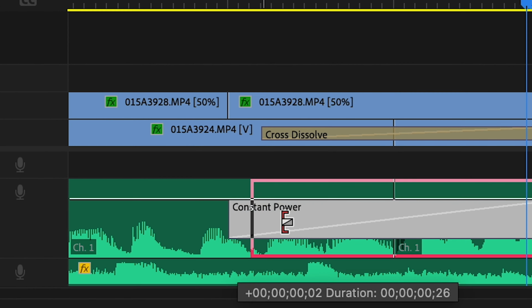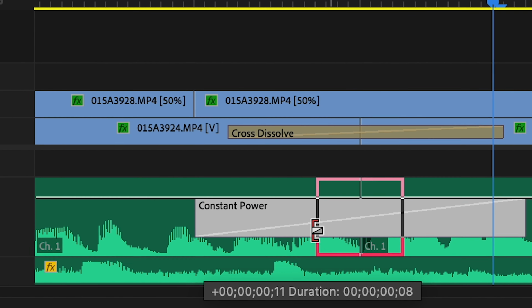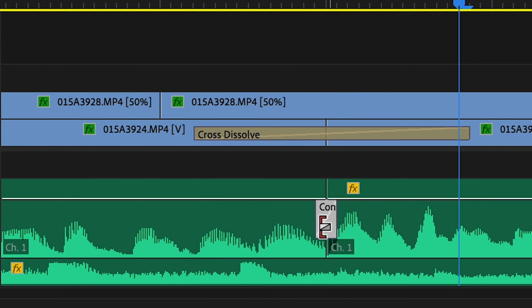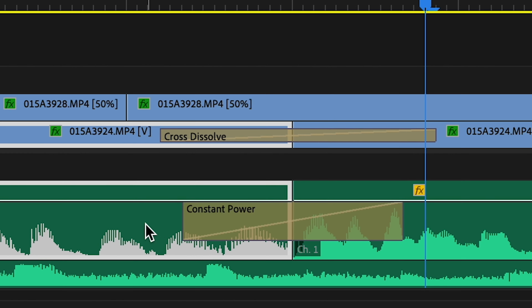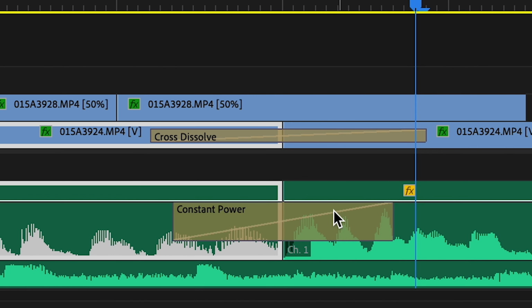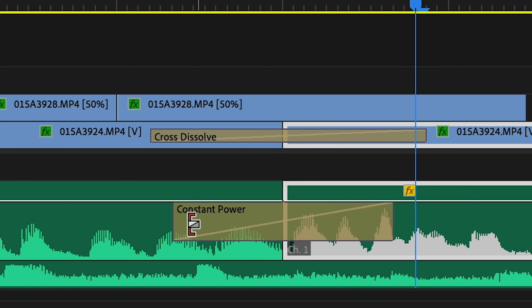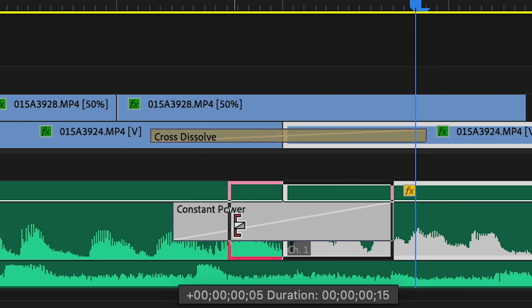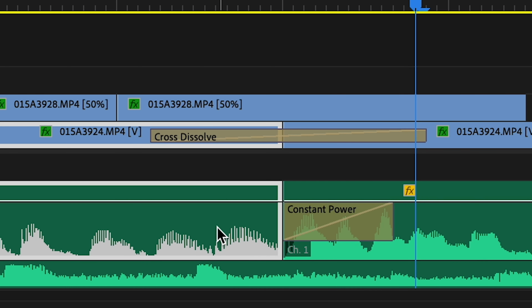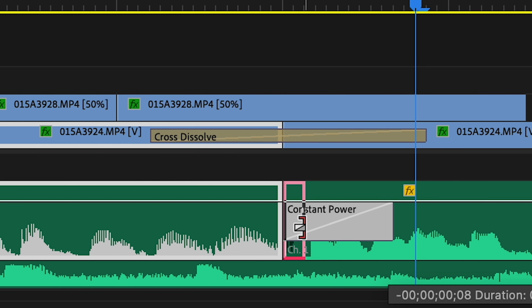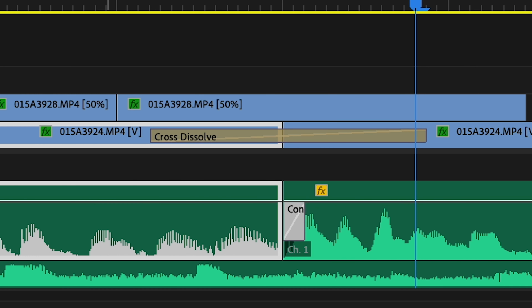So once it's there, you can obviously shorten it like that, how you want it. But sometimes you might not want this area to be faded, you just want it to be this area because this is where the harsh cut is, or vice versa. So what you do is hold Shift again, and then you drag the clip, and as you can see, it's only affecting the left side, and you can completely disable the left side so that you haven't got a fade at all. And then you can do the same with this side and only do the start because that's where the harsh cut is. So if you listen to it again,